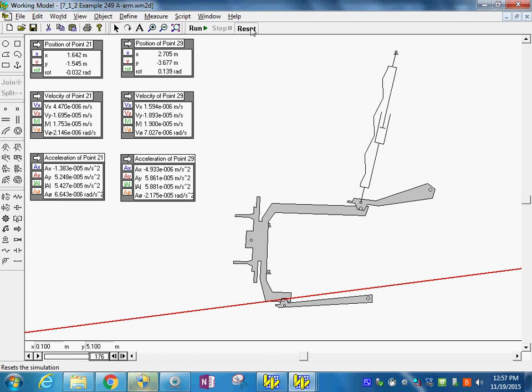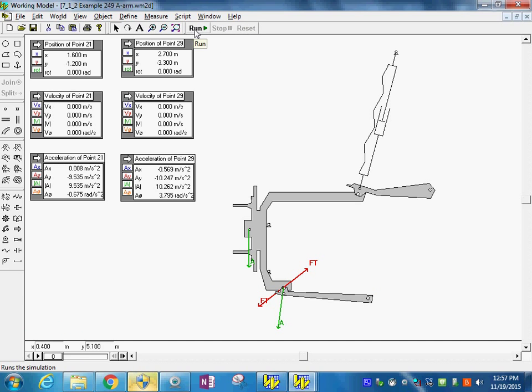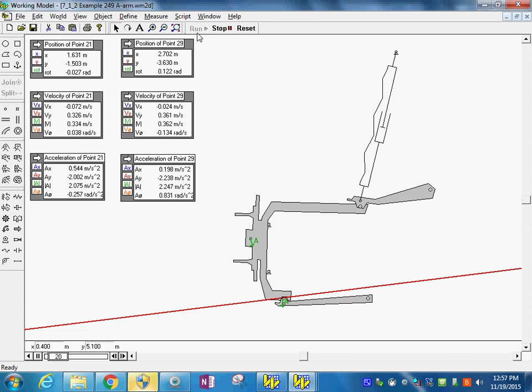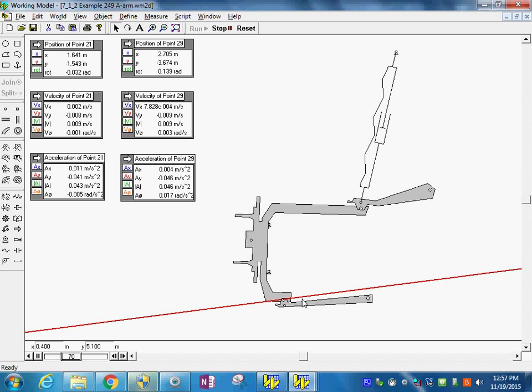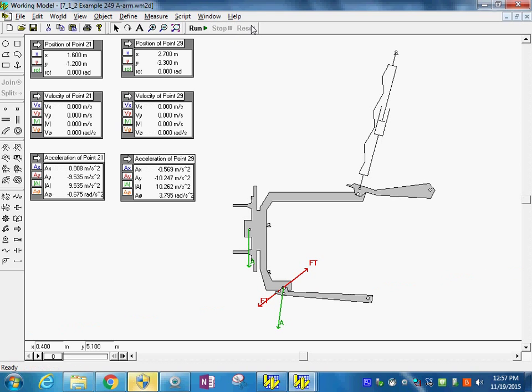So in here we can have the value of the forces and also the velocities of the different points. You can see the velocities and accelerations until they stop. So in this case, if we want to look at the position of, let's see, where are we here? We could take a look at the position over here and say if you want to measure the position there,